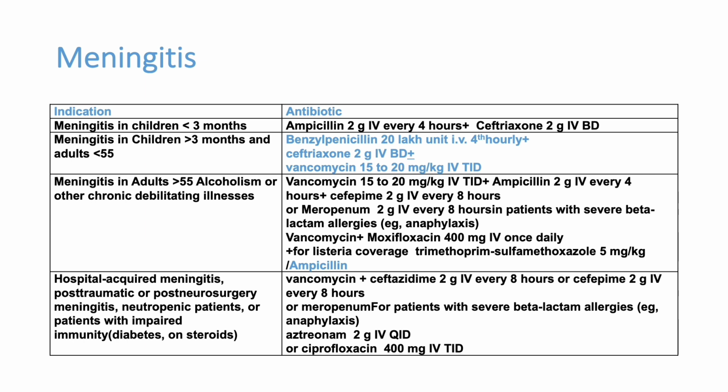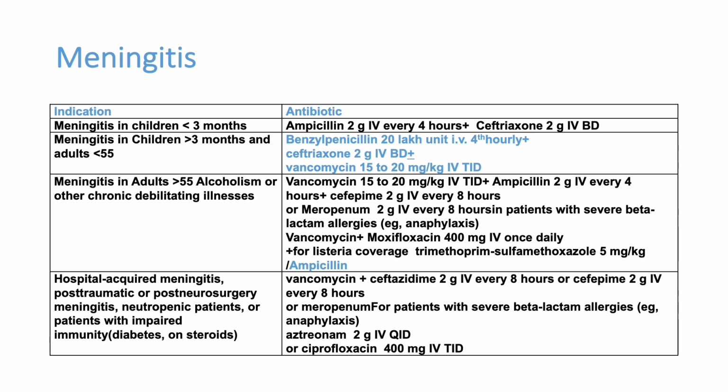So in a patient who is having meningitis, we have to give dexamethasone. After half an hour, we can start antibiotic. We have to give gram positive coverage and gram negative coverage. Penicillin or vancomycin with ceftriaxone will be a good choice. If the patient is having extremes of age like a very young child or elderly individual, add ampicillin. So 2 gram IV QID can be started.